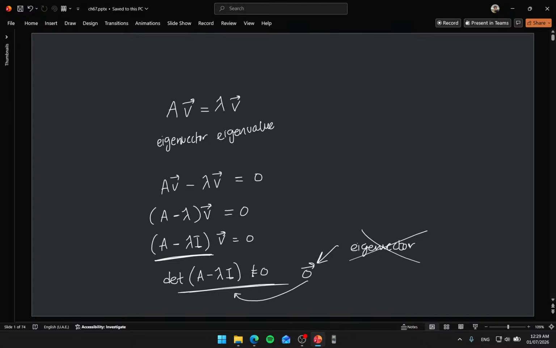So to find eigenvectors, we need the opposite. What's the opposite of the determinant not equal to 0? Being